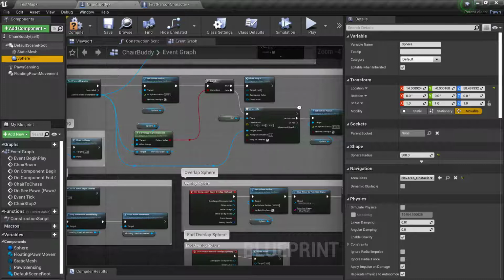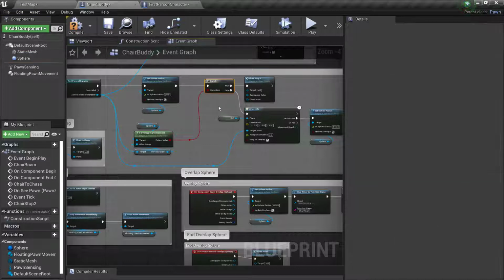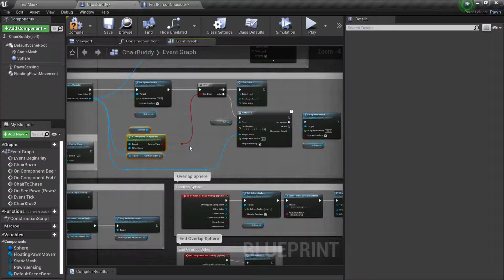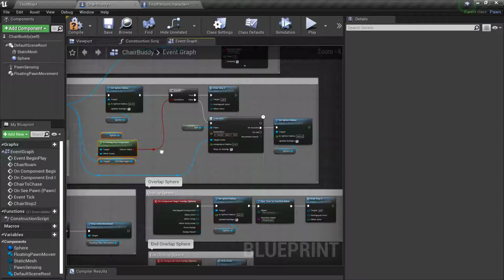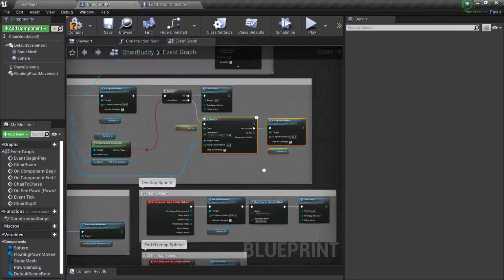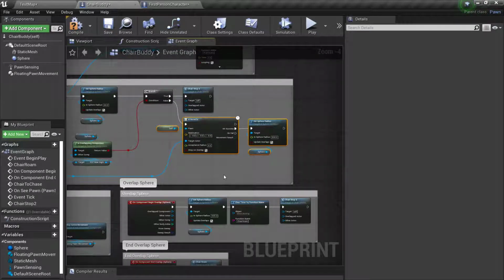And then again, this would be the branch condition saying, hey, if the sphere and the site are overlapping, or the collision is overlapping, then give us a chair stop. If not, continue moving towards the sphere, and on success, pop the bubble back up to 500. And what that does is it makes sure that it doesn't just keep ramming into us, right? It's basically saying, hey, it was 20, now it's 500. So the second we notice damage or we turn around, it's already back up,